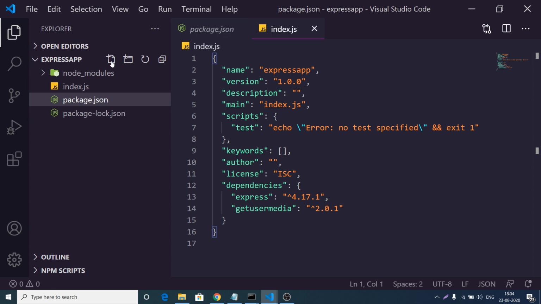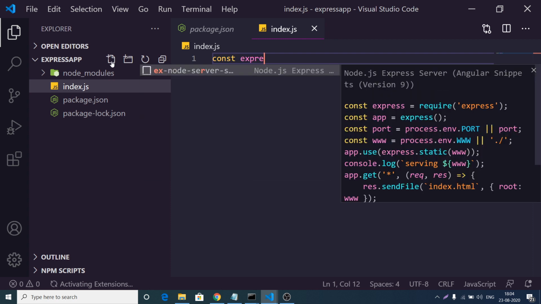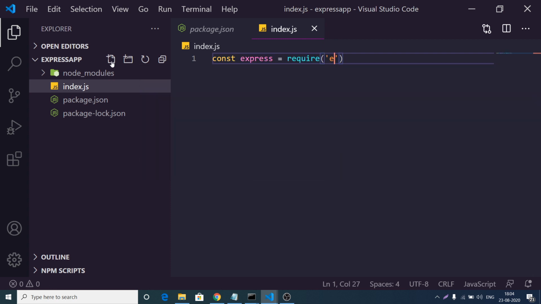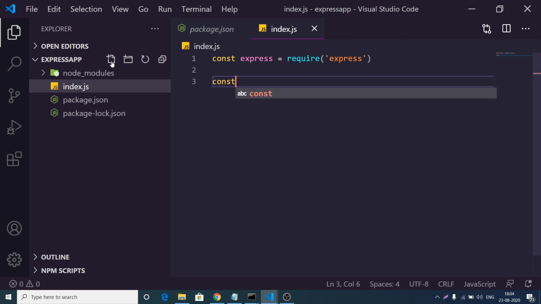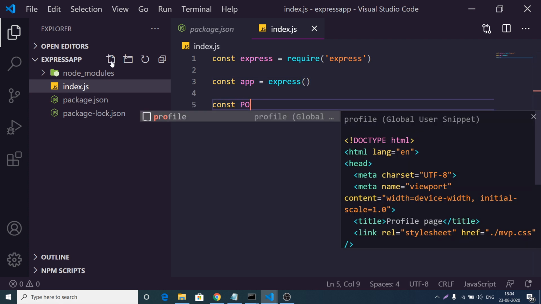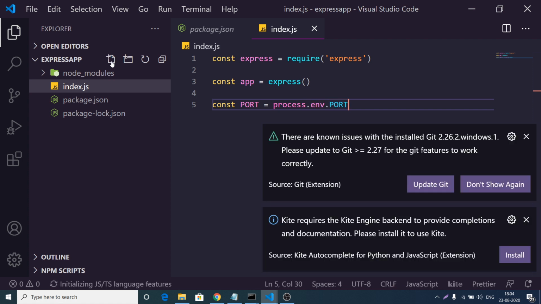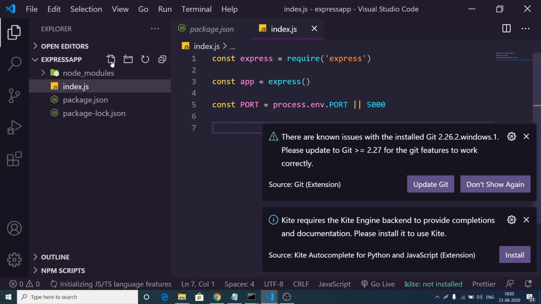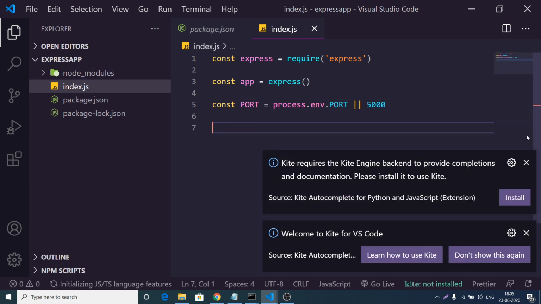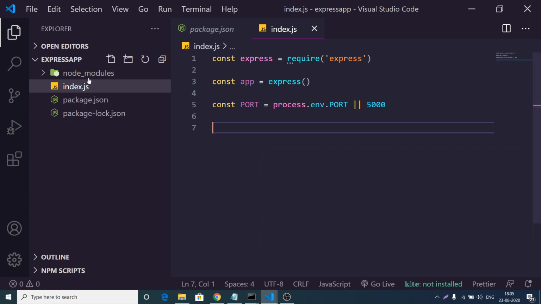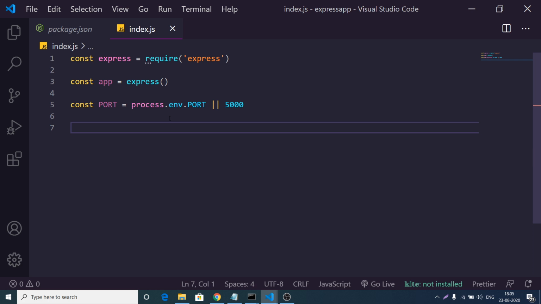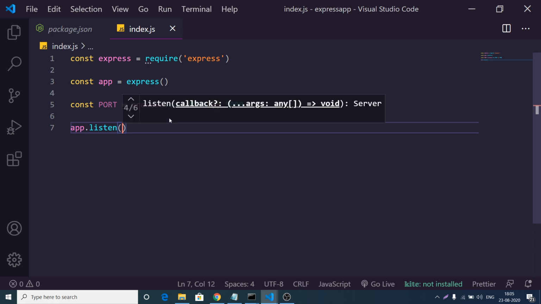we need to import Express first of all. The simple stuff, we need to require it, make the Express app, and we need to bind a port number to it. So port is process.env.PORT. If the port number is not available, run this on 5000. Let me just close these windows. After this, we need to start the Express app. We can do app.listen on the port number,